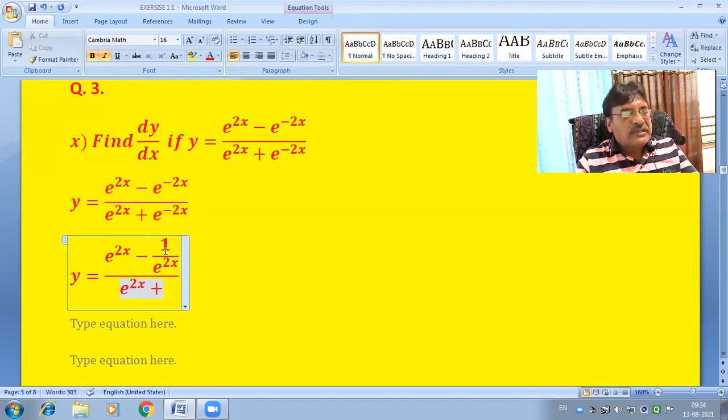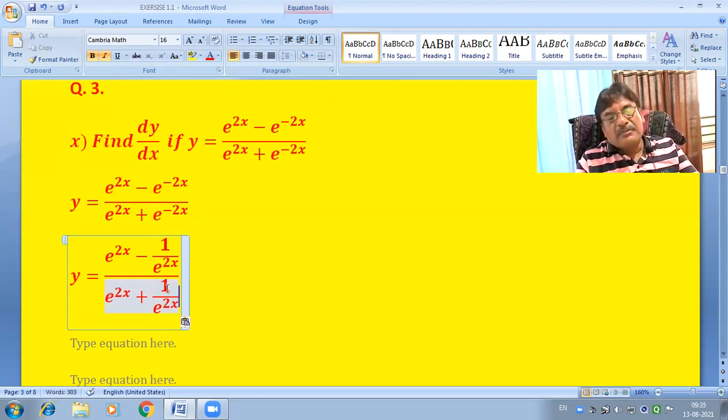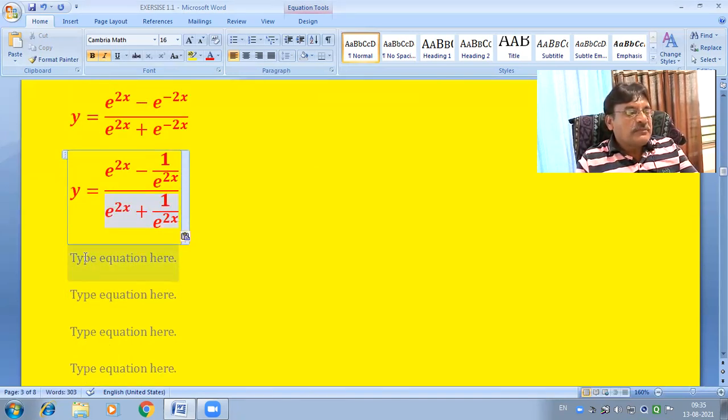In the denominator, e to the power 2x as it is, plus again e to the power minus 2x. We use the indices rule again: e to the power minus 2x we write as 1 upon e to the power 2x. Therefore, y is equal to